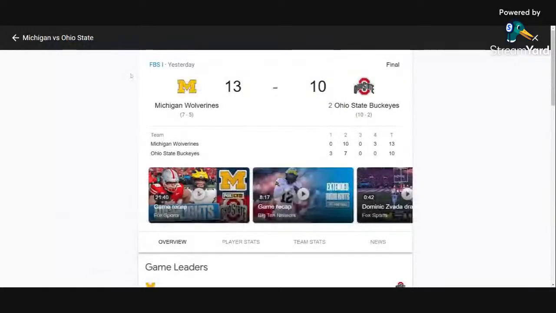So the Wolverines are 7-5 and the Buckeyes are 10-2 now. Sometimes they don't update that, but I'm guessing we'll just kind of roll on that with that for now. So you could look at to see if you got a 75 or a 102. And remember that 102 is kind of like 12. And remember we had all the 21s earlier with the 21-yard kick, right? So let's see if there's a 102 and a 75 real quick.